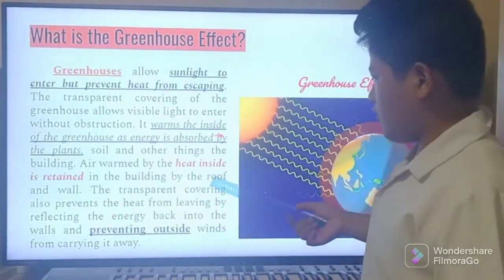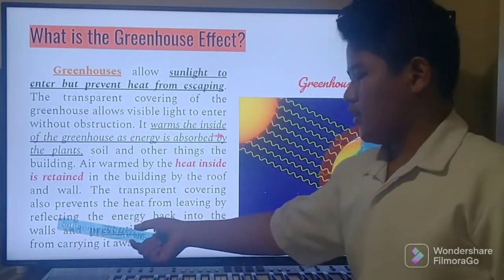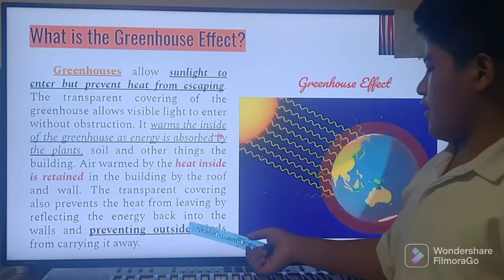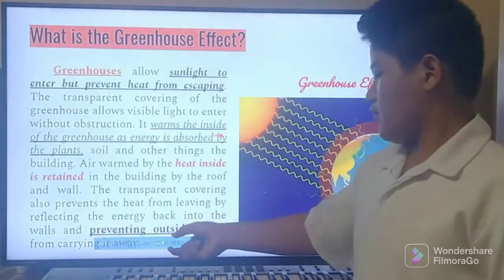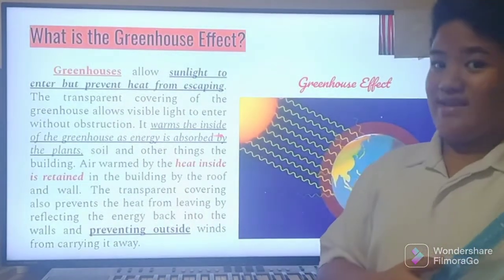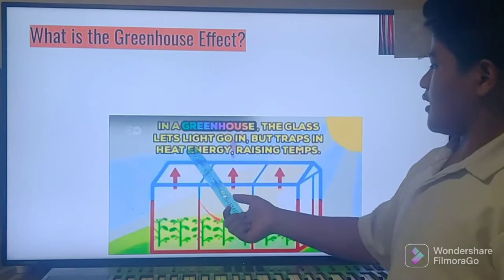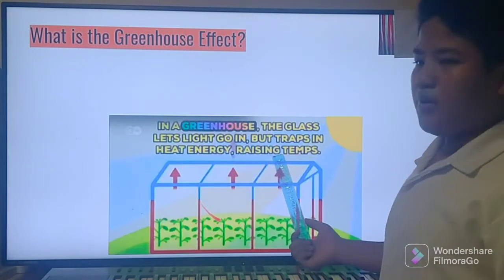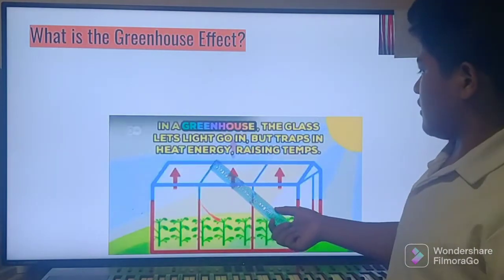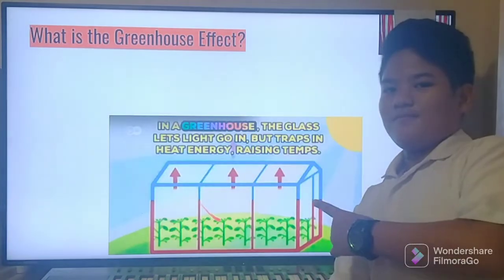The transparent covering also prevents heat from leaving by reflecting energy back into the walls and preventing outside winds from carrying it away. In a greenhouse, the glass lets light go in but traps heat energy, raising temperatures. For example,